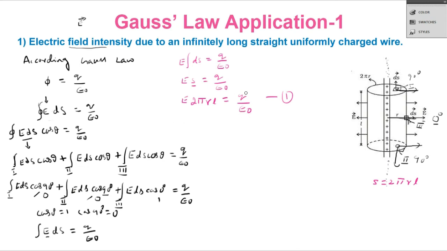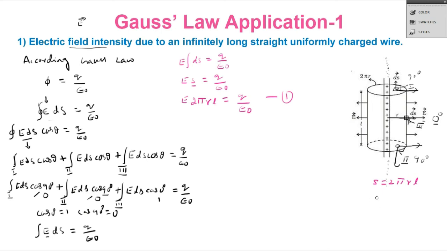Now, what is the charge? The charge is present along the conductor. It is not just a single one, or two or three, but it has n number of charges. N number of charges means we can't count them. To identify how much charge is present, we have to apply the densities of charge. There are 3 types of densities of charge.